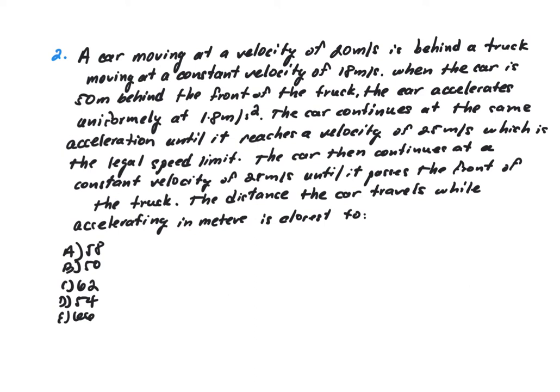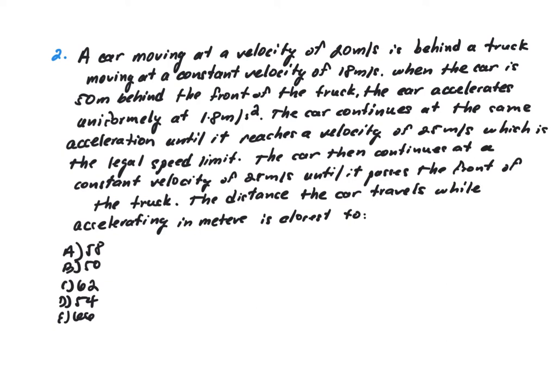Okay, so moving on to question 2 on work for the study plan, chapter 2. Question 2 says a car moving at a velocity of 20 meters per second is behind a truck moving at a constant velocity of 18 meters per second. When the car is 50 meters behind the front of the truck, the car accelerates uniformly at 1.8 meters